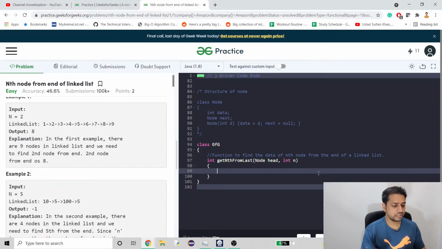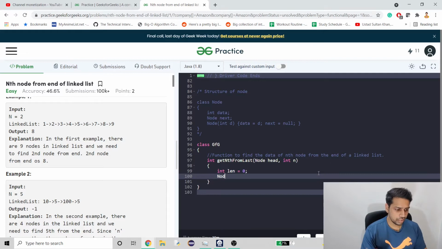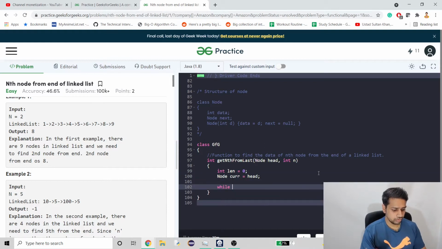Okay, so first let's calculate the size of the linked list. For that I'm going to have a length which is initialized as 0. We can call it len, and we are going to have a current pointer which starts from head. I'll choose a while loop here, and I'm going to iterate over the list till we reach the end of the list.